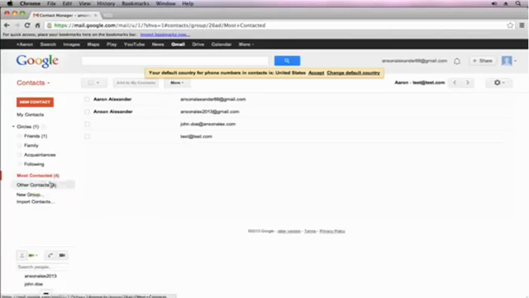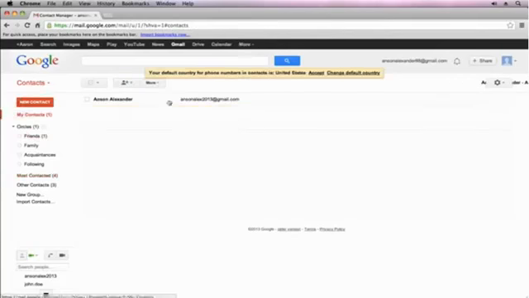But from either of these sections, I can just click the checkbox to the left of one of these email addresses. So let's say ansonalex2013@gmail.com. And then I could go up here and click Add to My Contacts. You'll notice that My Contacts now has a number 1 next to it, and when I go check it out, I see that